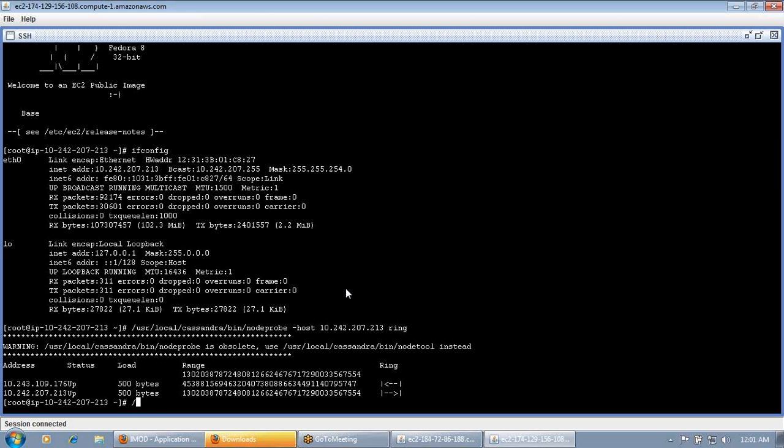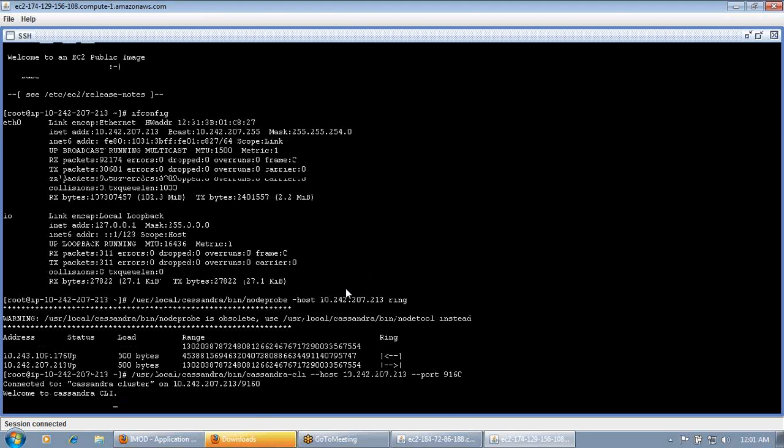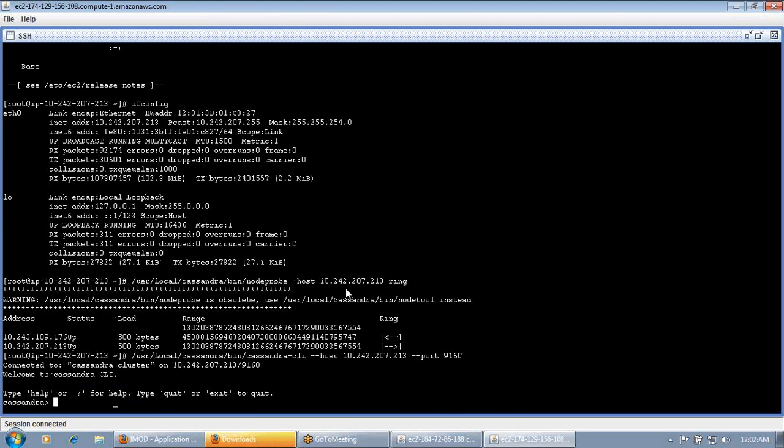For that we have another command, and then you have to put the port. So the port is 9160. Using this command you will enter the Cassandra client.